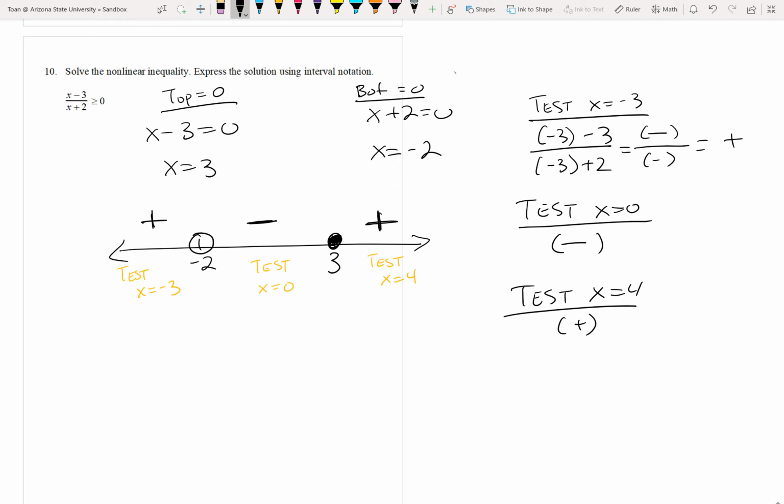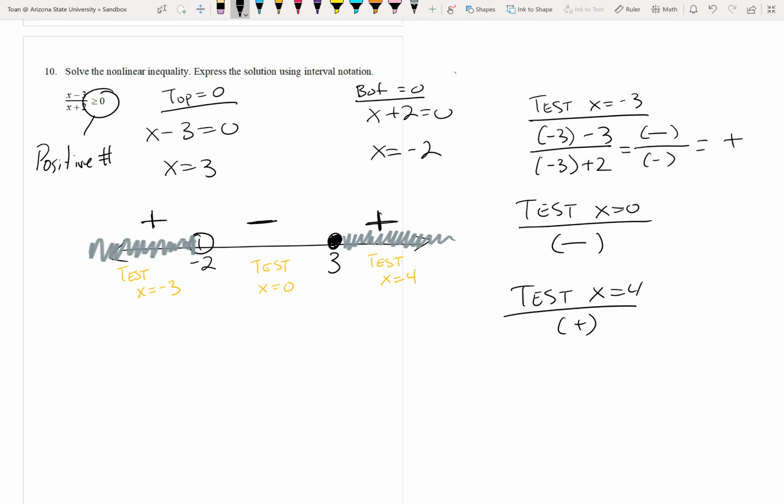Next, you look at the inequality. It says greater than or equal to 0. That means positive numbers. If it said less than 0, you want negative numbers. So on my number line, I'm only going to shade the regions that are positive, and I hope people can see that that means it's this part of the number line and this part of the number line. And then all we have to do is write that as